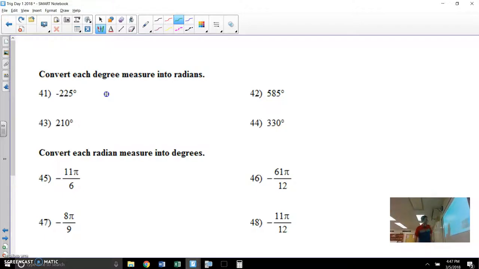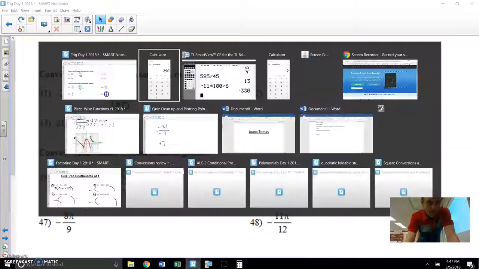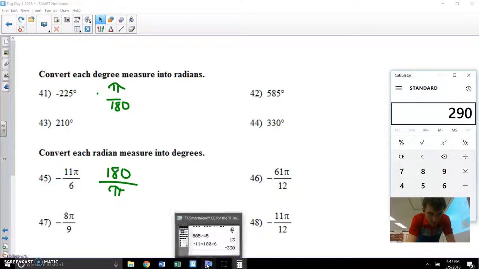We also talked today about converting degrees to radians. If you're converting from degrees to radians, you need to multiply by pi over 180. But if you're converting from radians to degrees, that's when you want 180 on the top and pi in the bottom. So let's just talk real quick about this. Kind of got to simplify fractions here. So if I've got